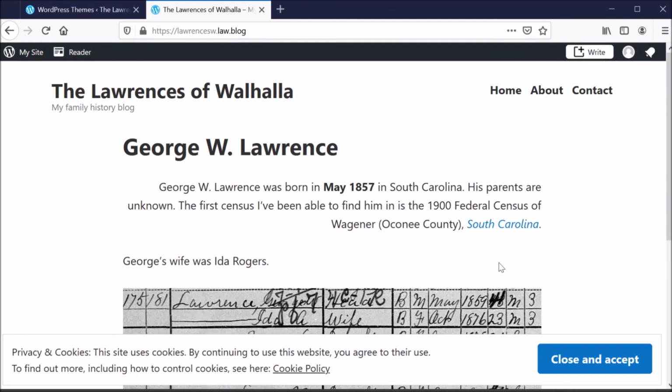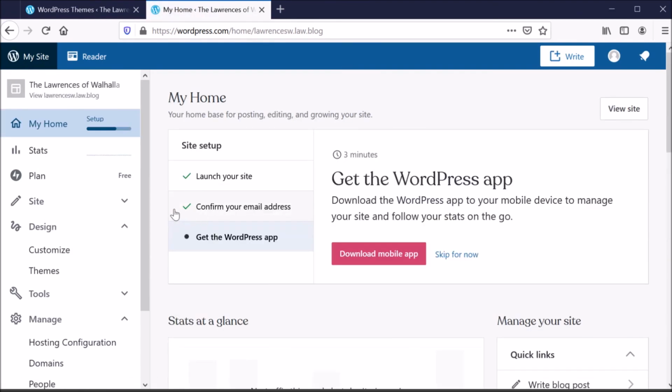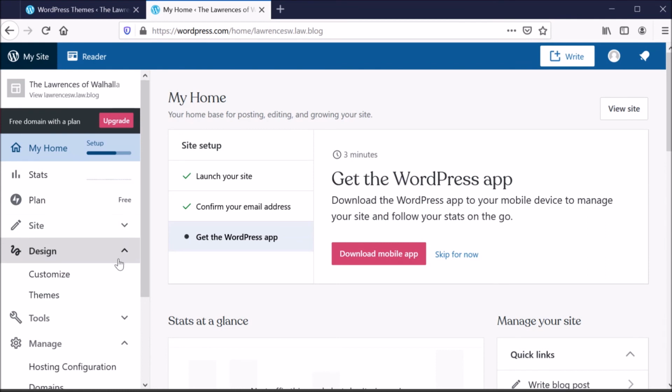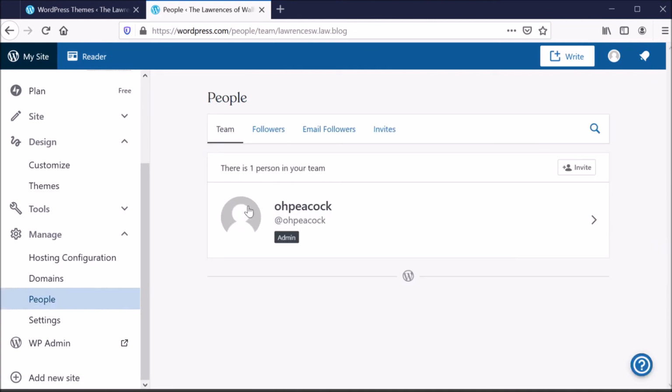Now, if you wanted to collaborate with other people on your blog, like say there's other family members who are also doing the same research, you can add them as authors. So to do that, let's go back to that WordPress dashboard. You can click on My Site here, and it'll do that for us. And then you'll want to go down to Manage. So when you click on Manage, you have a few options here. Click on People, and it'll show you there's only one person on your team, which is yourself. Click on Invite,